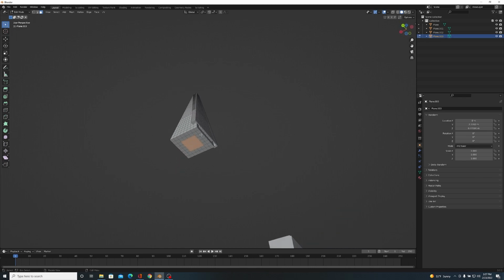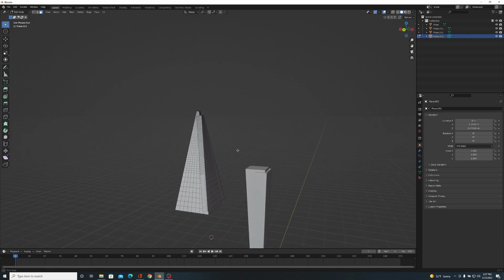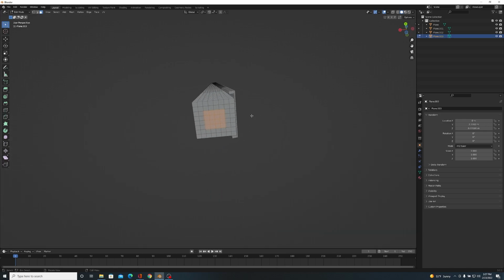And this is why doing the subdivisions early is important, because if you start messing with this mesh, sometimes it actually won't let you subdivide this section. I haven't quite figured out why, but I've had to remake this video a couple of times after realizing that I couldn't do it in that order. So definitely make sure to do your subdivisions before you start doing any of the modeling for it.